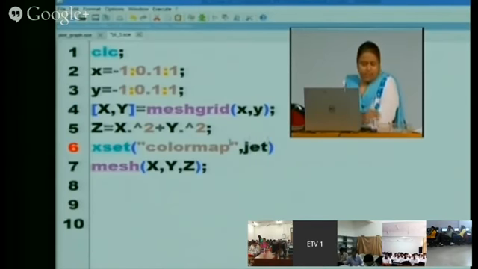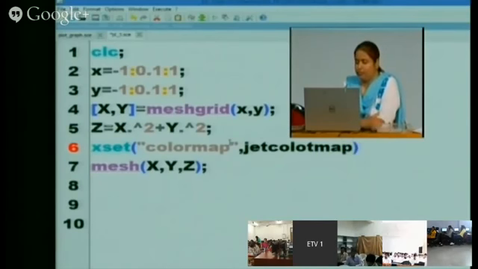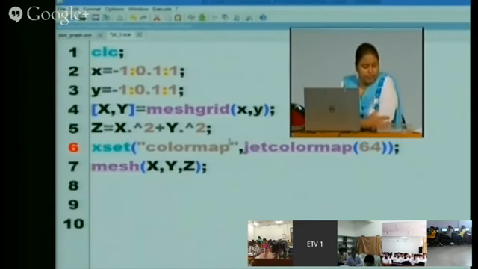This is the color map declared in the library, jet color map 64, right?